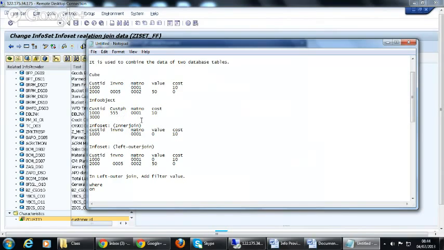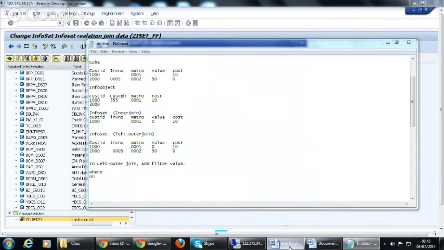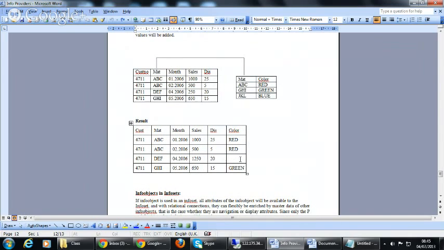It acts just like an inner join. You know the difference between inner join and left outer join, right? In left outer join, you have empty spaces.